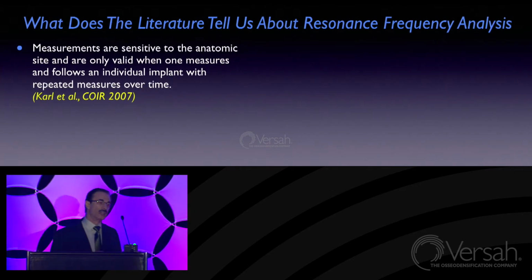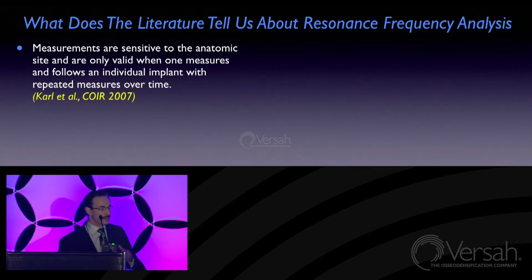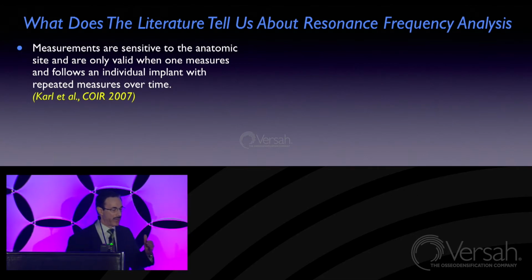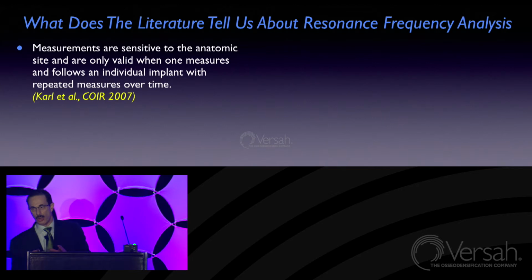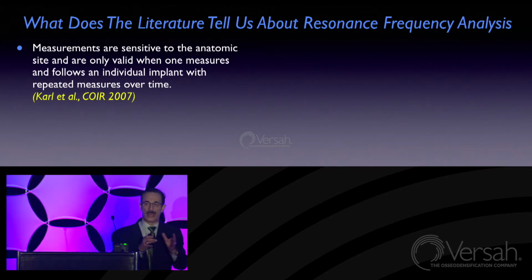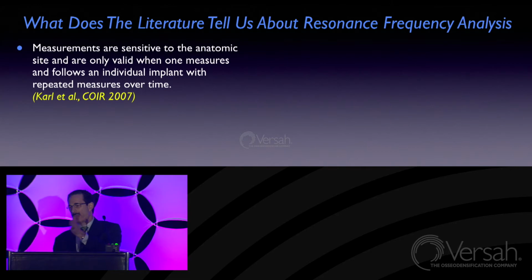A brief on some of the evidence behind this is that if you look at Carl's from COIR, measurements are sensitive to the anatomic site and are only valid when you measure on a repeated basis over time. And this is a prevailing theme. It's not necessarily a one-time measure, as I will show you today. It can give you a lot of good information, but its strength is really in seeing it over time, as Salah showed in his very first lecture, where he showed 1 week, 2 week, 3 week,